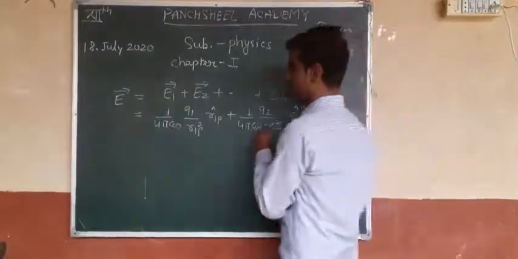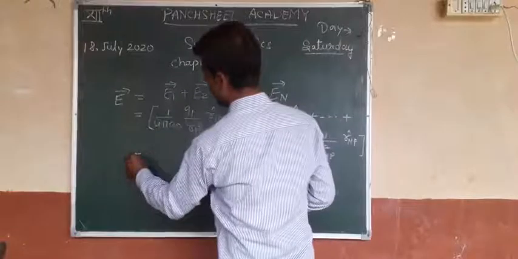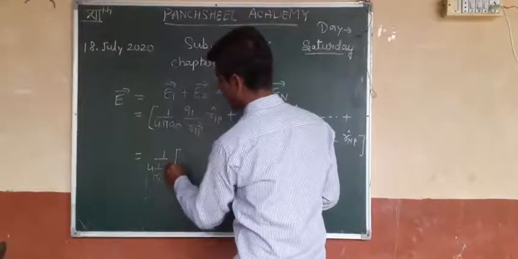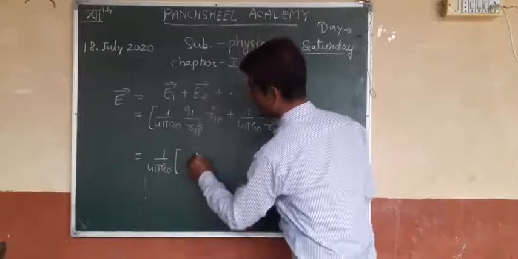Okay, now if we take 1 upon 4 pi epsilon naught as common, then